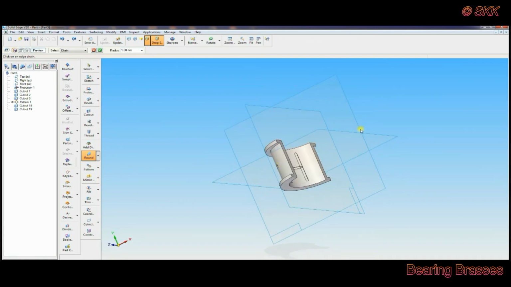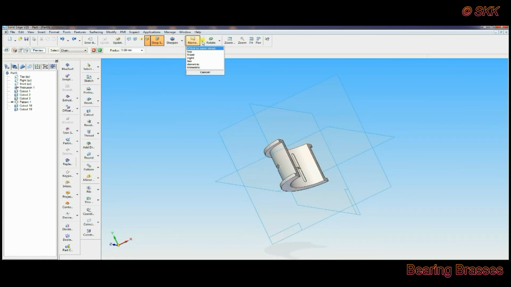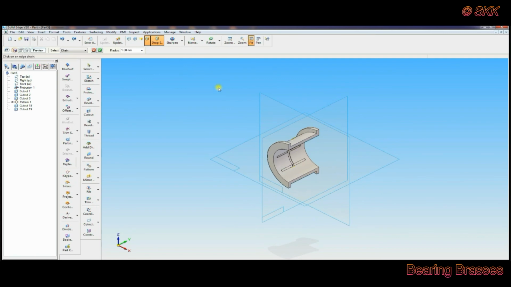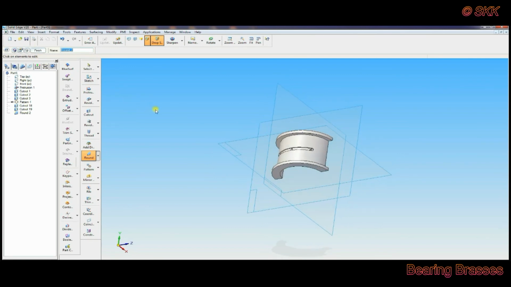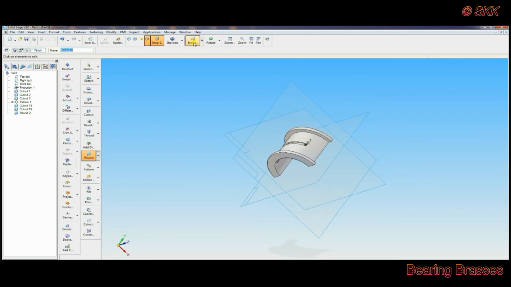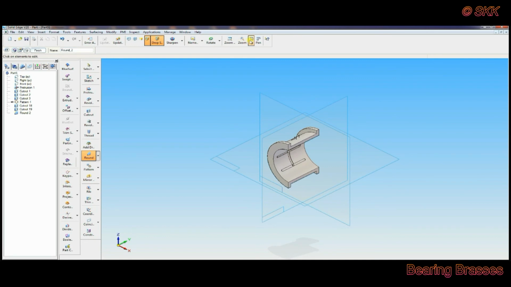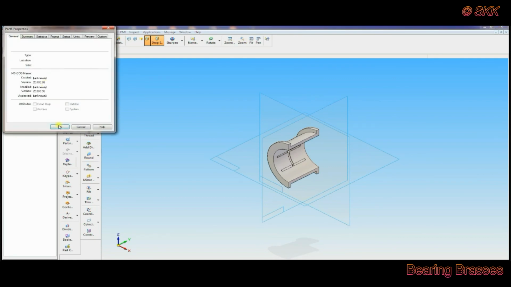That completes the part number 5. Now save it in the desired folder by giving the name bearing process.